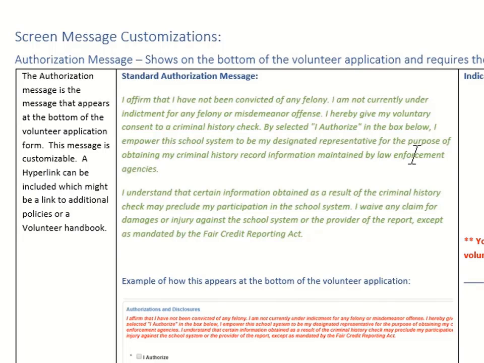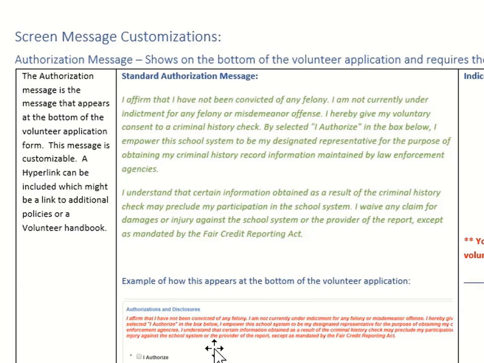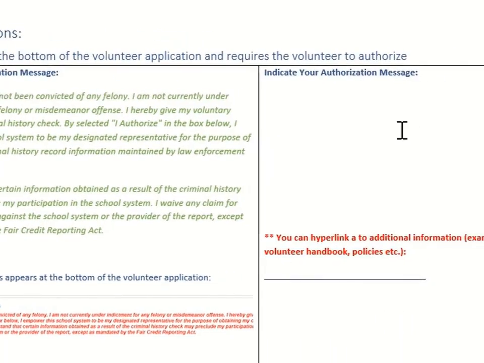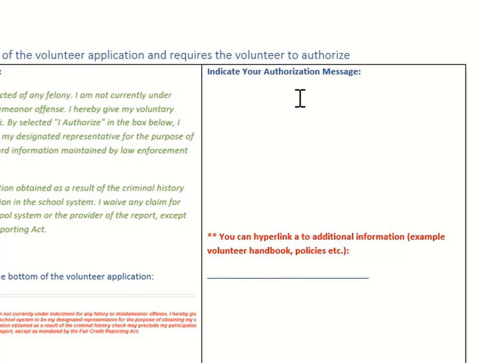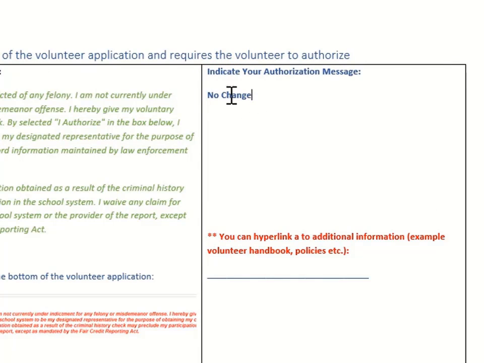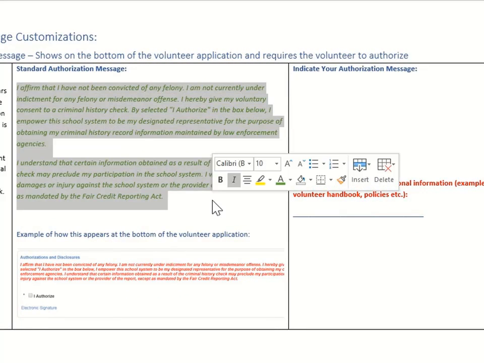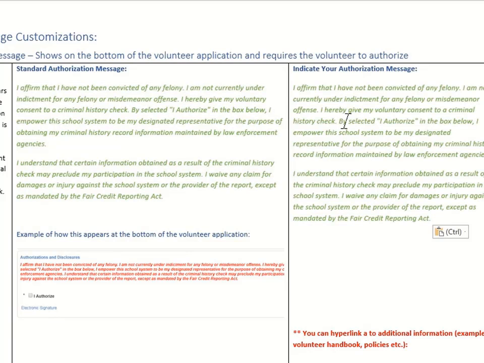In each of these sections on the left hand side, we'll explain to you what this message or email is about. In the middle, in the green, is our standard messaging as it's set up on your system by default. Sometimes we provide a screenshot of how this might look on the screen to your users. And then in the right column, you can indicate your authorization message. If there's no change, you can simply say no change, which means you're going to accept the default setting that we have. However, if you'd like to make some changes, the easiest thing, if you want to use any of what we have, is to copy it and paste it here,